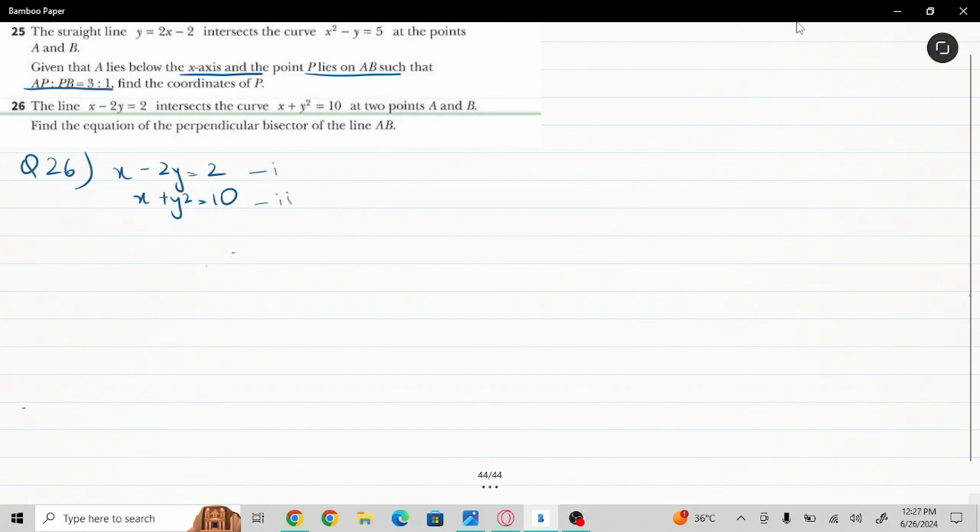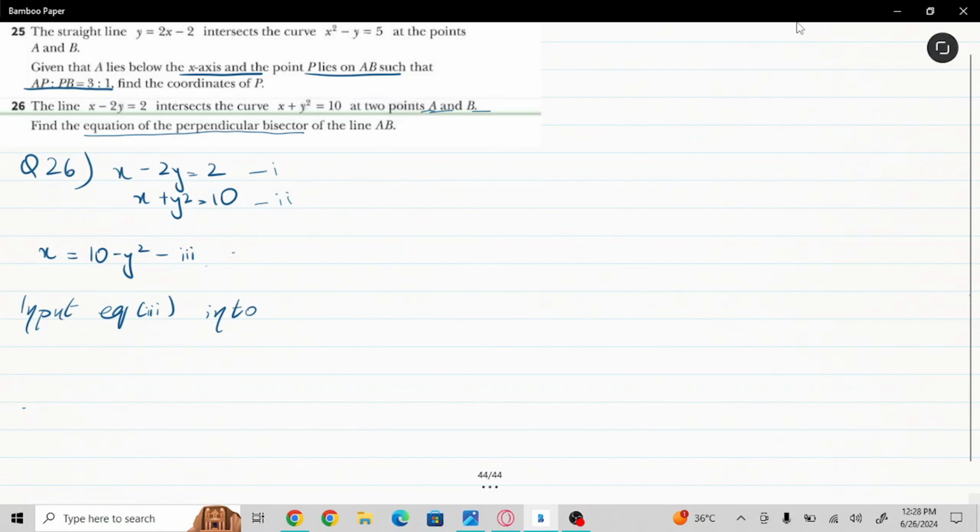Before we start, let's find out what they have told us to find out. So we have to find out the equation of the perpendicular bisector. Okay, and put this in the back of your mind. First, find the x and y values. Okay, first find point A and B, and then I will explain what and how the perpendicular bisector works. So what we do is x is equal to 10 minus y squared. We're going to say this is equation number 3, and we are going to input equation number 3